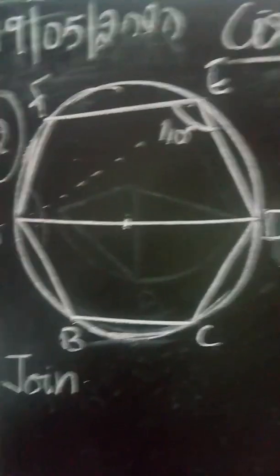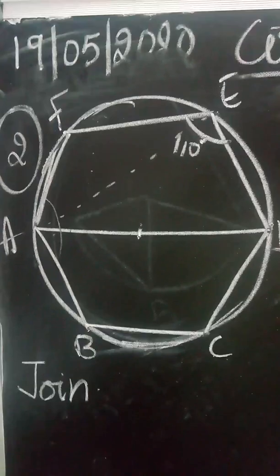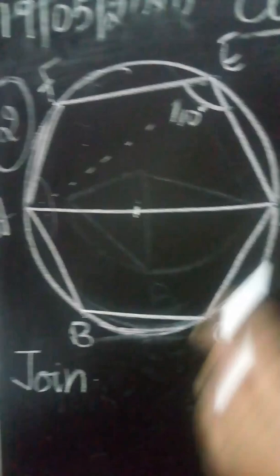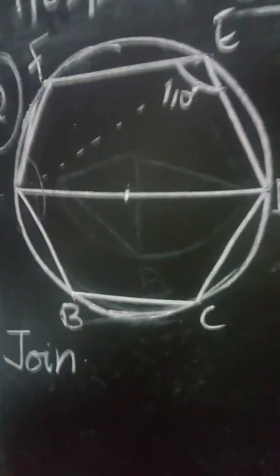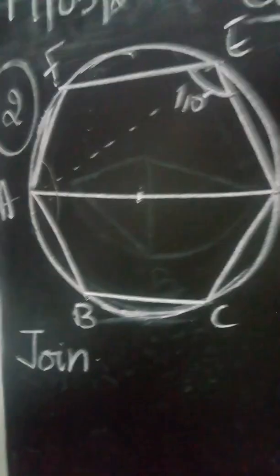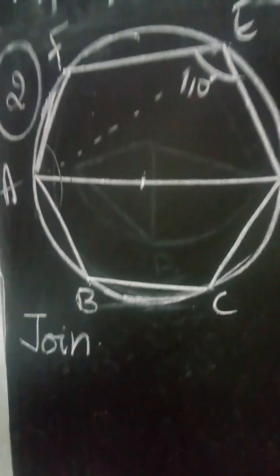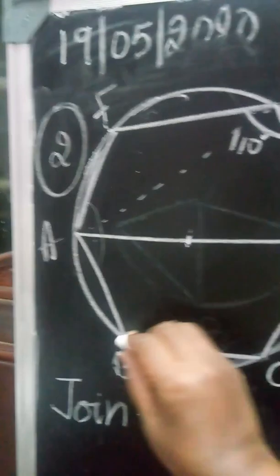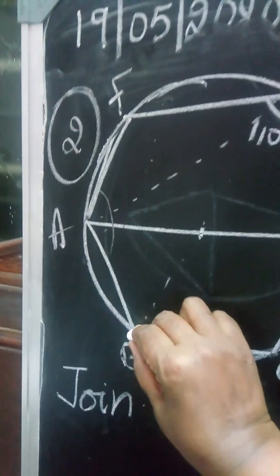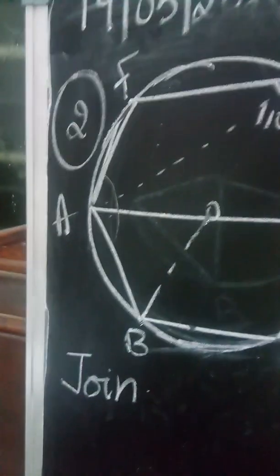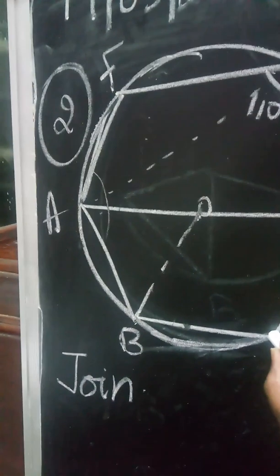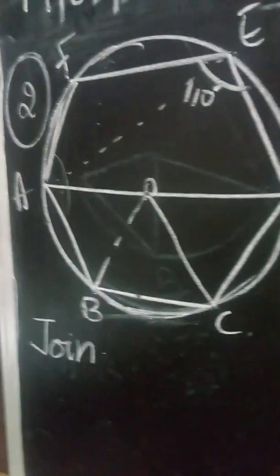Okay. Now, here you have a circle, and in the circle they have given A, B, B, C and C, D. Now these three chords are equal chords. AB is equal to BC is equal to CD. Equal chords will subtend equal angles at the center. So if I name the center as O, join BO and join CO. So they will subtend equal angles at the center.